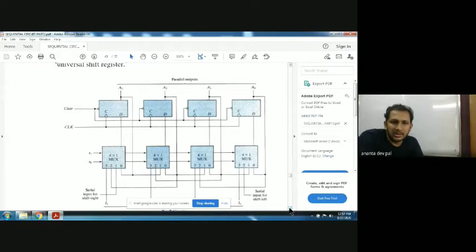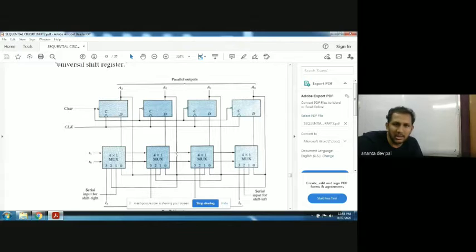There are four MUXes. MUX means multiplexer, which has many inputs and one output. Each MUX is a 4:1 because we have to design a 4-bit universal circuit. A 4-to-1 MUX has 4 inputs and 1 output, and 2 select lines are required. All MUXes are connected to S0 and S1.